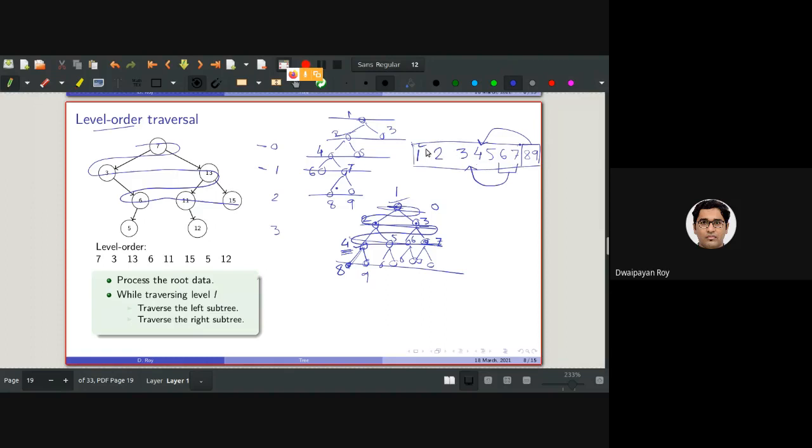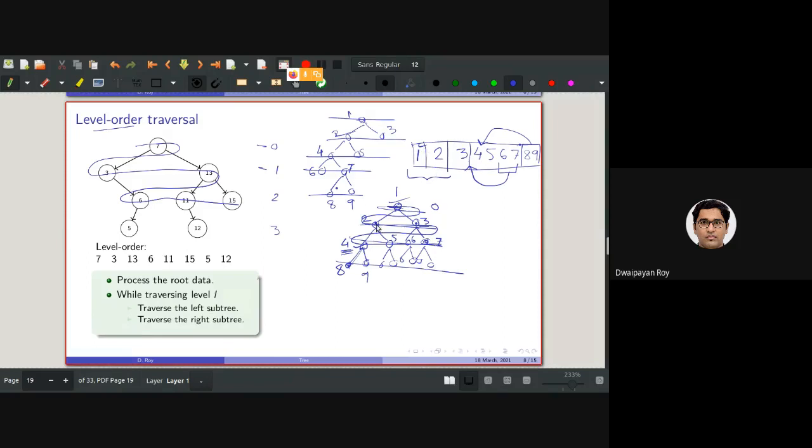So what I want to say is, every time we process one node, we should place its children in a data structure so that they will be processed later, after traversing all the children of the nodes that we processed earlier.